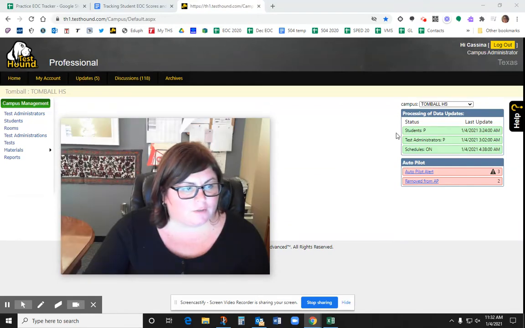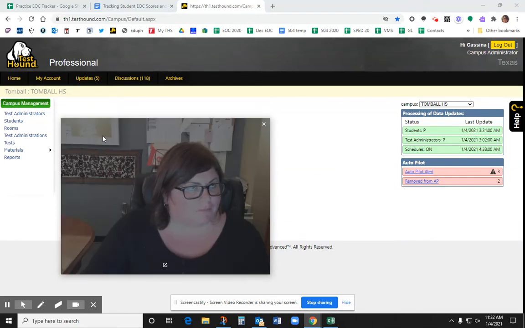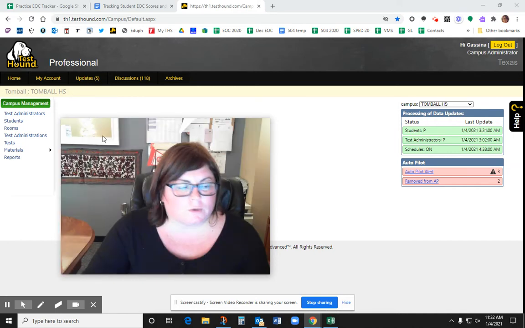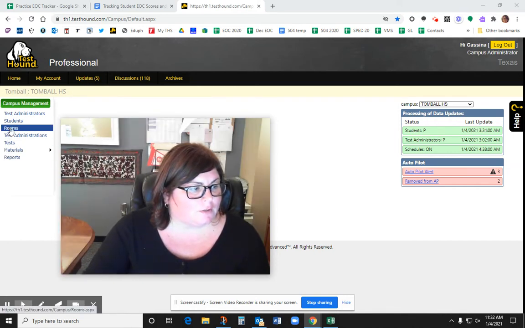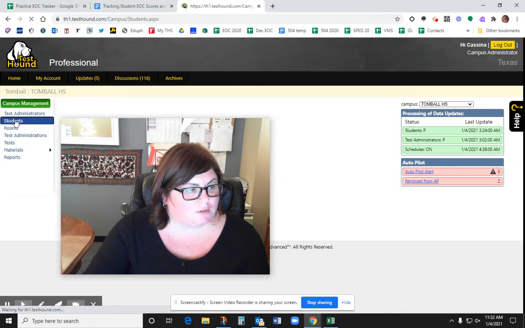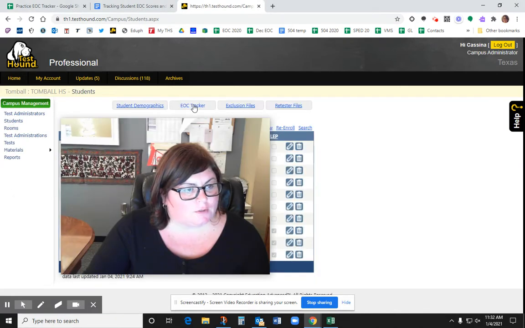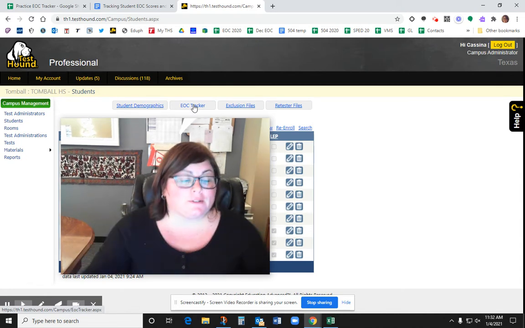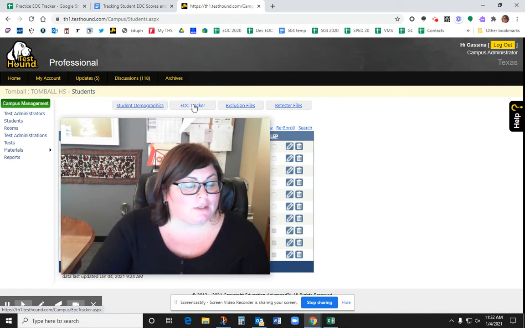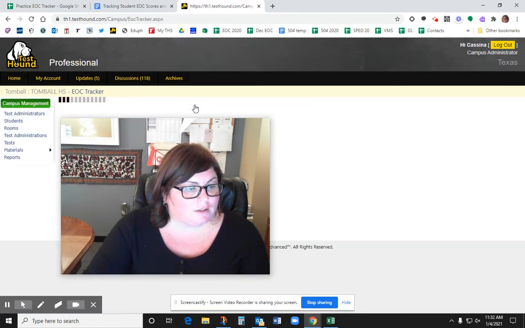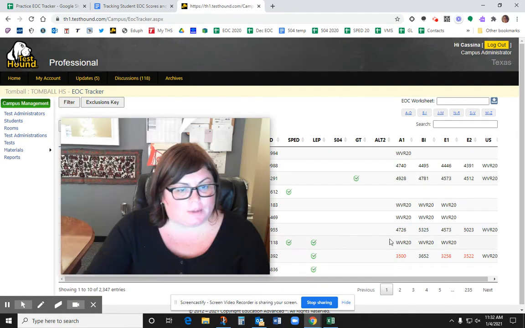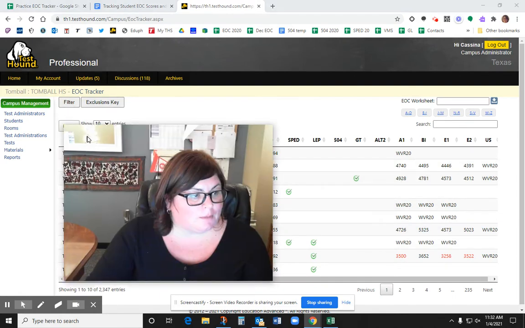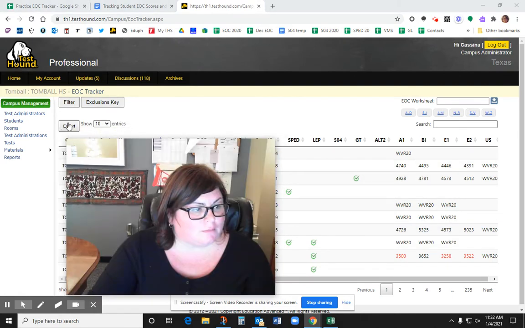Okay, so here's how to find student EOC scores in Test Hound if your district uses Test Hound. You're going to go over here to Students, and you're going to choose EOC Tracker. I've chosen to put my face in here to cover up the student information so that we don't share anything we don't need to share, but you would click on EOC Tracker here, and it's going to come up, and obviously it's behind, and you're gonna export it